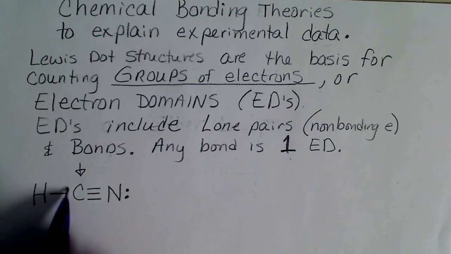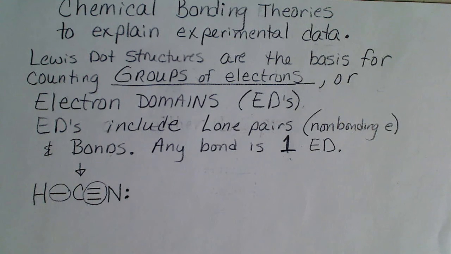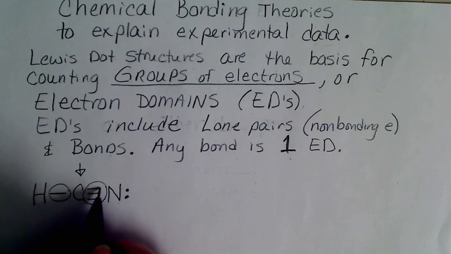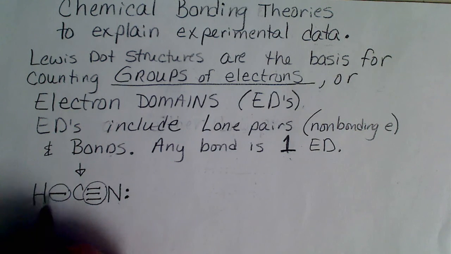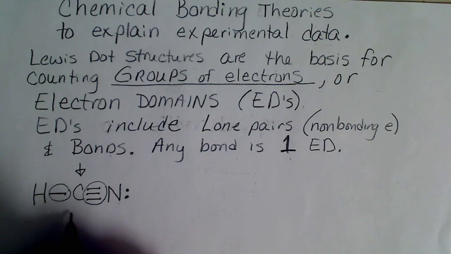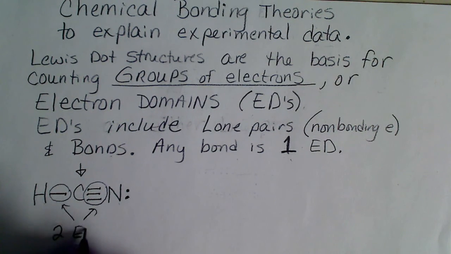Carbon has 1 single bond around it and 1 triple bond around it. Each atom in this case has a formal charge of 0 because it's got the number of valence electrons around it that it likes to. So we discussed that earlier. The point here is there are two electron domains,